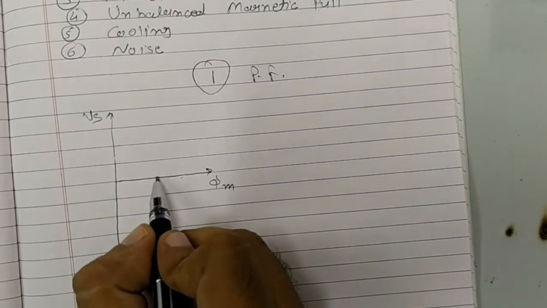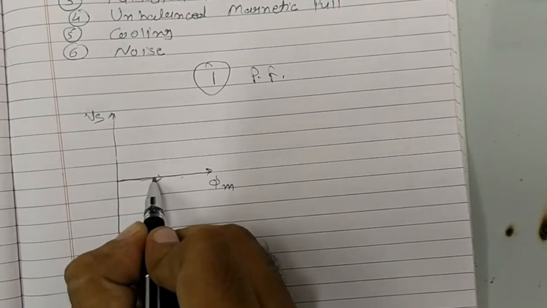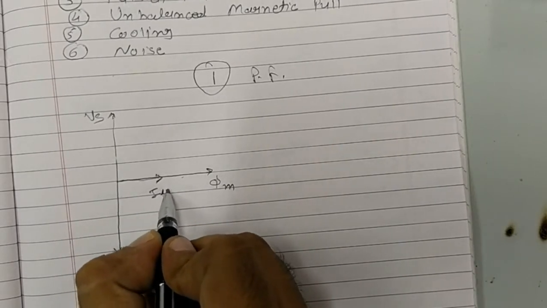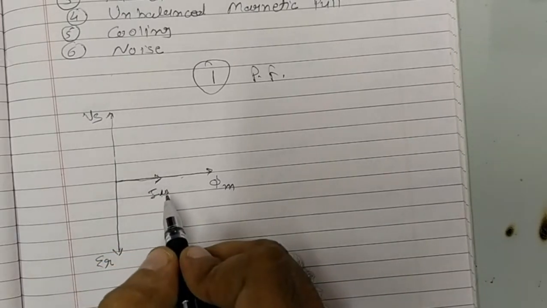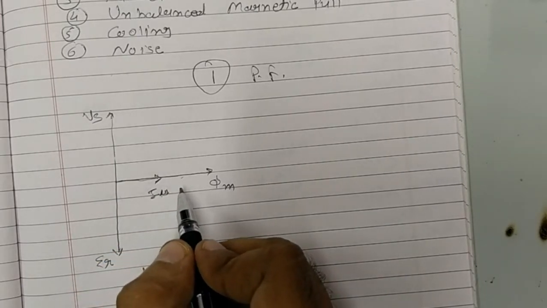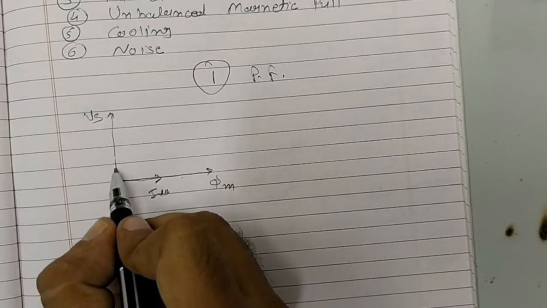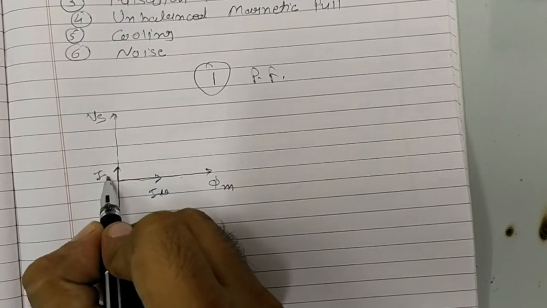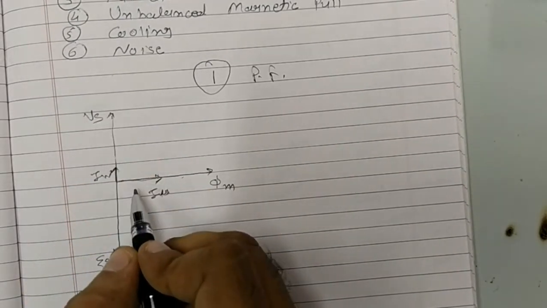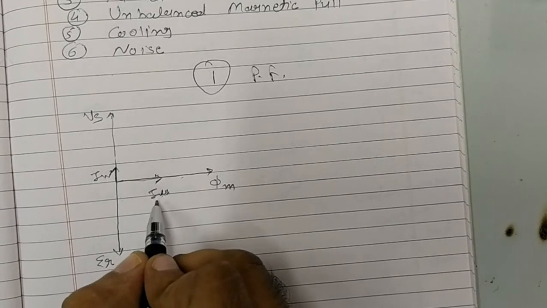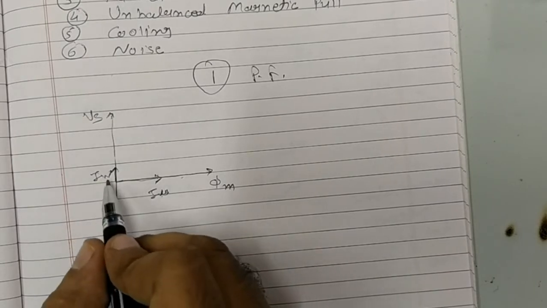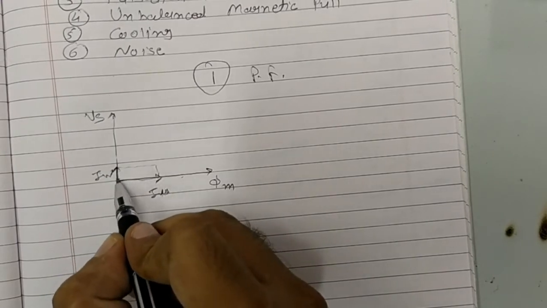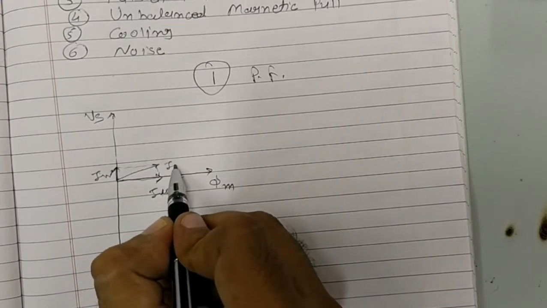Let us say the magnetizing current is over here. This is the vector of magnetizing current I mu. We will take I mu as less, because the length of air gap is lesser. And we have to draw the no load current, so we need to indicate the working component as well. Let us say this is the working component IW, which is in the same phase with the supply EMF, and the summation of IW and I mu will give me the no load current. So like this I will have the no load current I0.